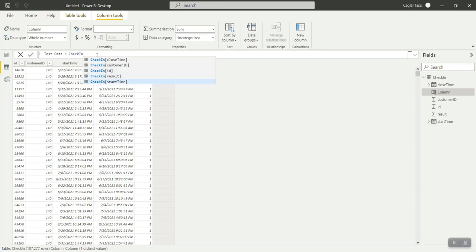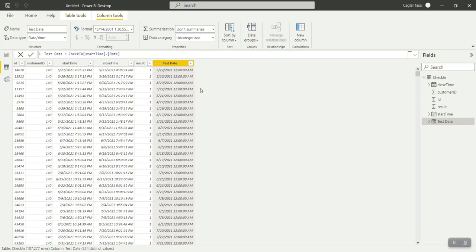So I will just press tab, and the whole thing will come up, and now it's giving me the other options. Since we have made this column a date time column, it's giving me these options. So I will be choosing the dot date option. What that has done is it has converted my column into date, although I will be changing the format so that the preceding time goes away.